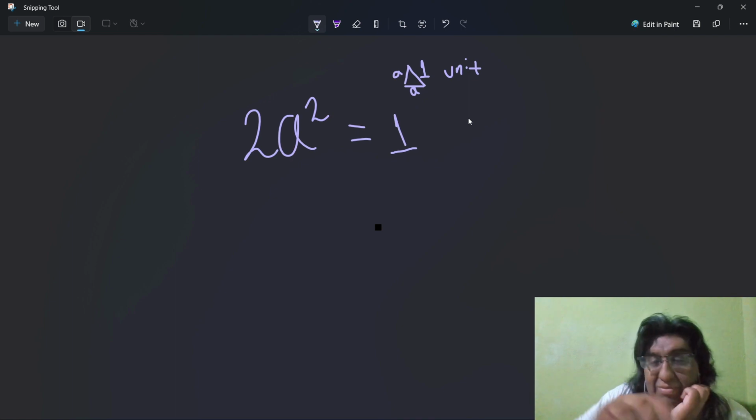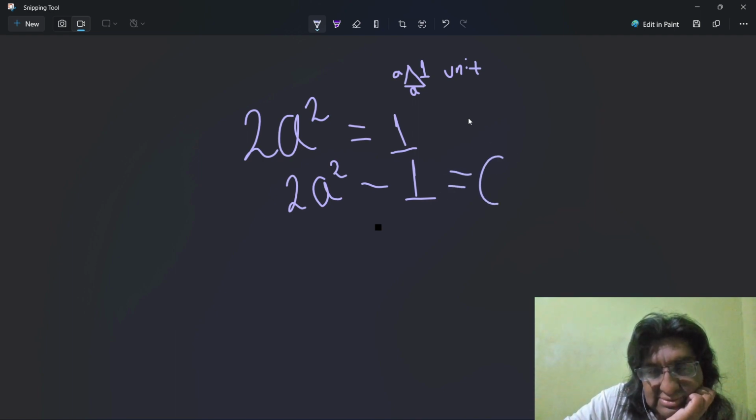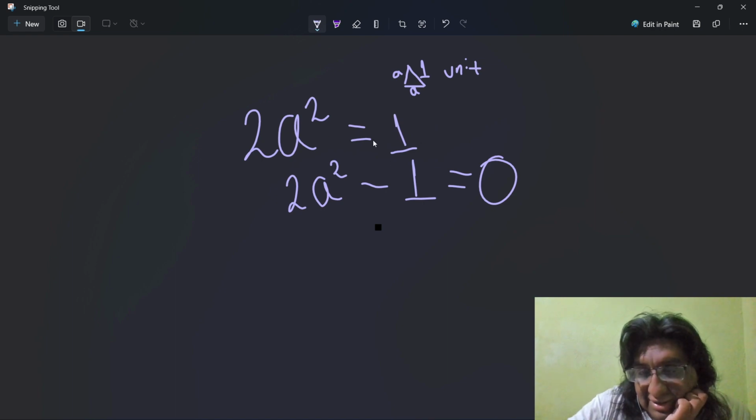If you remember your algebra, you can of course arrange the equation like this, because this one was passed over here by subtracting one from both sides. I like to use this diagonal in the zeros because